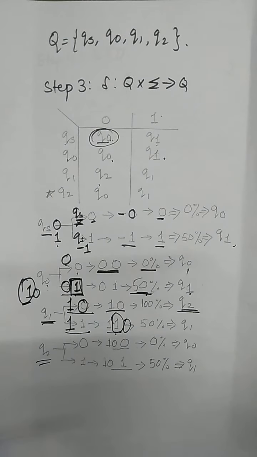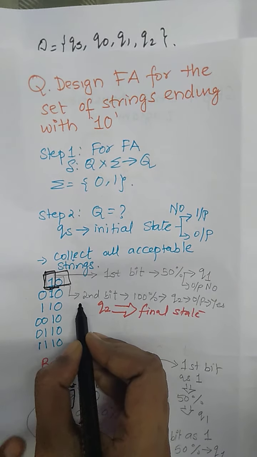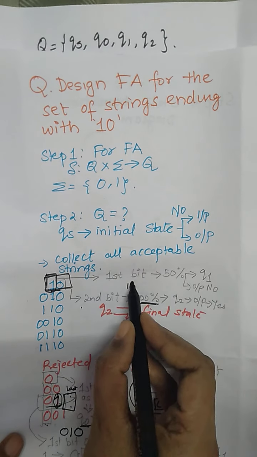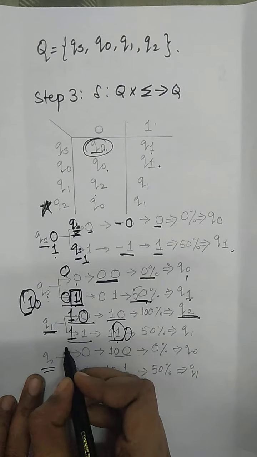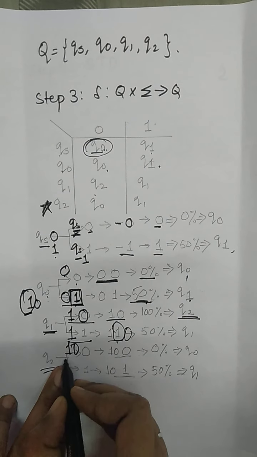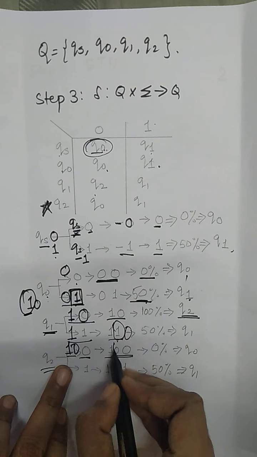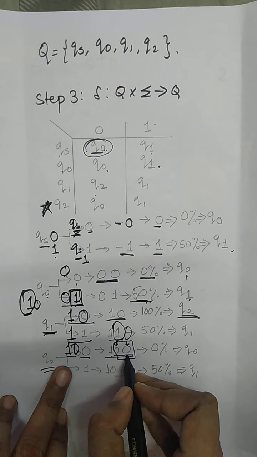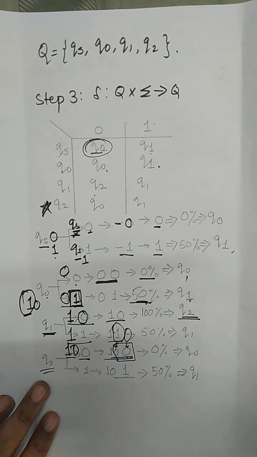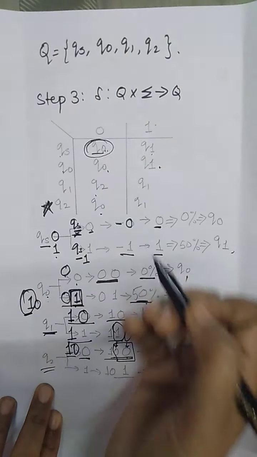Now what is Q2? Q2 we had already marked. Q2 is the string required by us, which is 100% containing 10, ending with 10, which is the final state. That's why we put an asterisk here. So Q2 means a string ending with 10. String ending with 10 with the next bit as 0 makes the string 100, in which we consider the second last bit and the last bit. Both are zeros, which contain the 0% of the required string, so it goes to Q0. That's why Q2 on 0 goes to Q0.